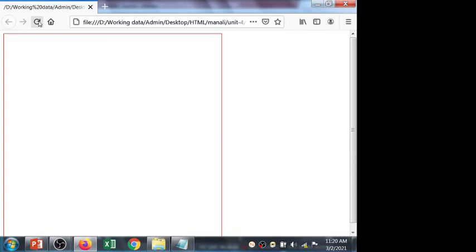So the red area is the actual page, the actual paper, or we can say the stage where you can draw the element, from the top left corner to the bottom right corner, left to right. Got the point? Top left position up to bottom right position.